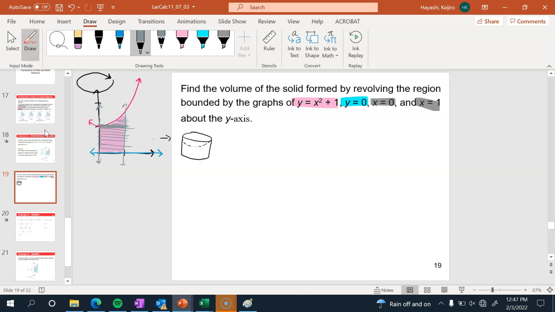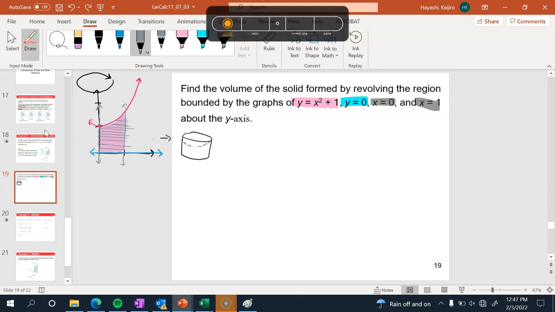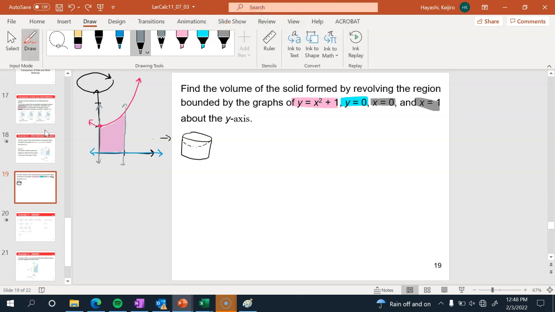Because doing this with the disk method, the outer curve and the inner curve, or the outer radius and the inner radius, is different between the bottom half and the top half. So that was a mess. I don't remember what result we got, but we should get the same result either method. Okay, so if we do the shell method,